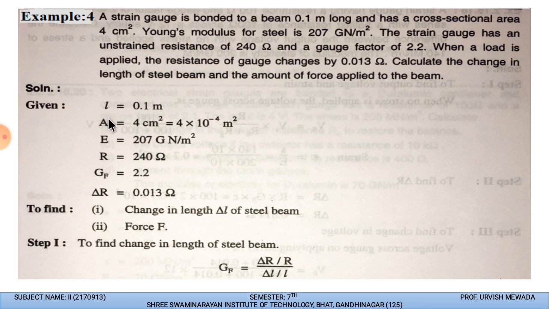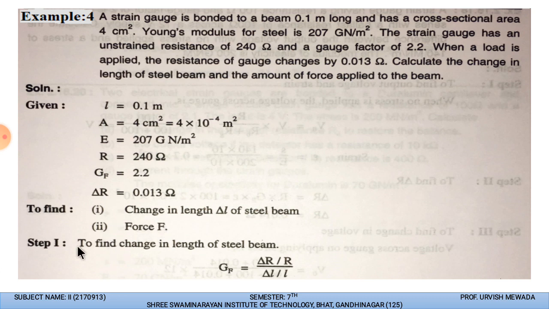L is the point at which the gauge is bonded, so that is 0.1 meter. A is the cross sectional area, 4 centimeter square. E is the modulus of elasticity, Young's modulus, 207 GN per meter square. R is the resistance when the stress is not applied, 240 ohm. And GF, the gauge factor, is given as 2.2, and the change in the resistance is 0.013 ohm. So these are the data given. Let us find out, first, the change in the length delta L of the steel beam, and second,